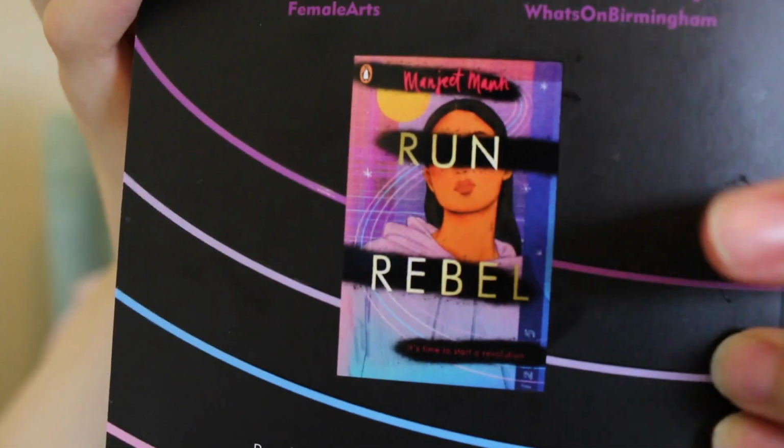Sorry, I just got distracted and just kept reading this poem. I've not even got to this bit in the book yet. I need to stop. I will say, if you want to see what the actual front cover looks like, how